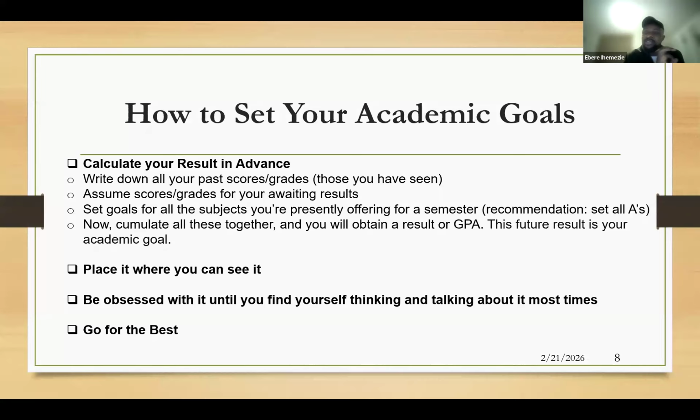I always recommend you set goals, set all A's. And of course, in our system in Nigeria, 70 is A. It is dangerous to set